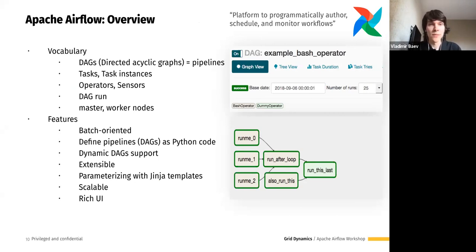And let me then throw in a couple of definitions from Airflow. So let's say we have a general business task which might be solved with a directed acyclic graph, or the pipeline in Airflow terminology. So we can split our